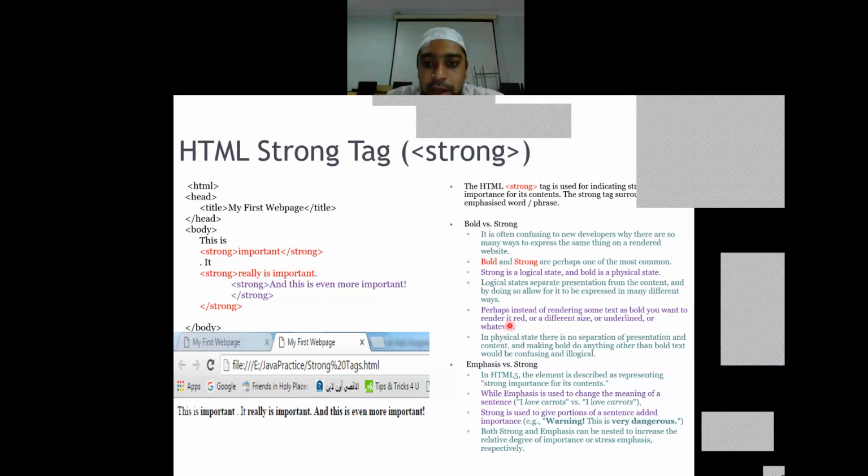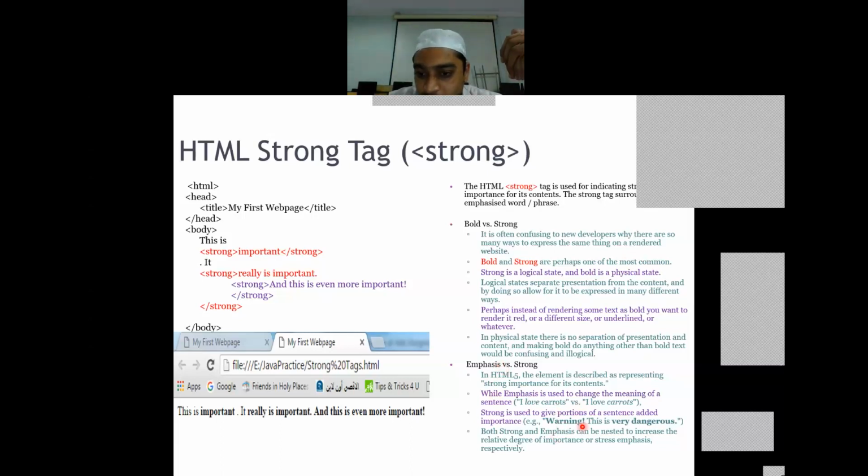Same way, if I have to say that something has a logical impact on something, then I will use two tags. One is strong, another is emphasis. Strong keeps a logical meaning behind it. When web browsers read that particular text, they will read it with a significant change in the pitch of the voice. Same way, emphasis is given. If I want to stress on something, then I will put it in emphasis. So these things were there.